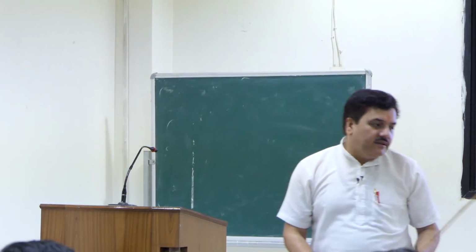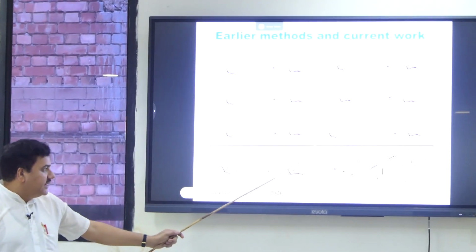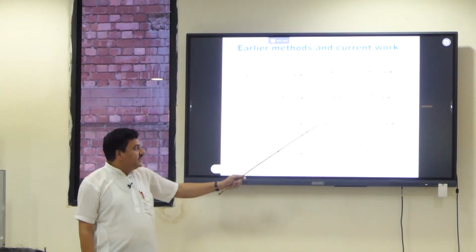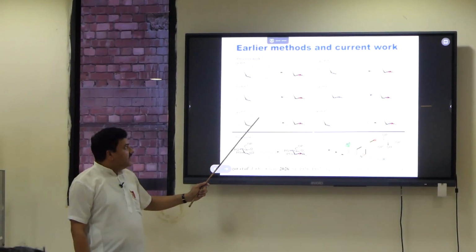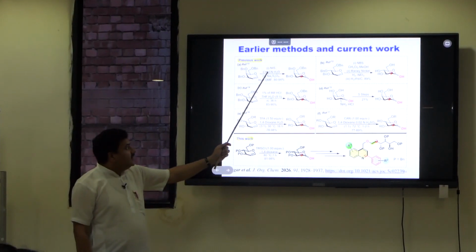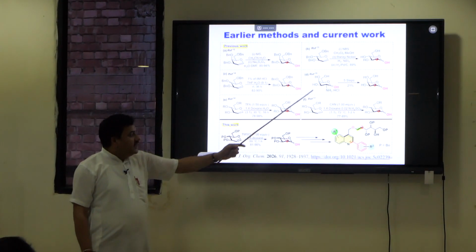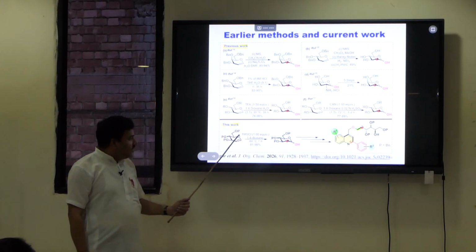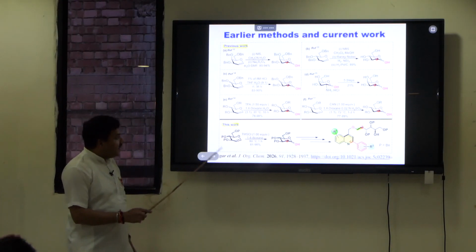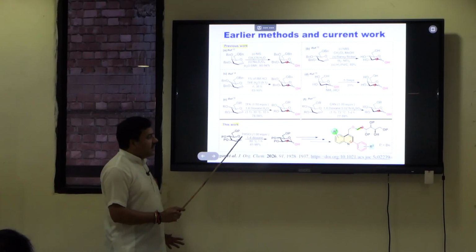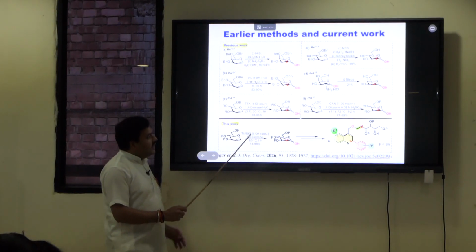So therefore, making this class of molecule is a very important task. Many people have developed different methods to make these molecules, let's say trifluoroacetic acid and N-iodosuccinimide and N-bromosuccinimide, and there are many more. And we also developed a method for making these 2-deoxy sugars by a very simple reagent, trimethylsilyl chloride in 1,4-dioxane, at a little higher temperature. The reaction finishes in 1 hour, and if you see here,